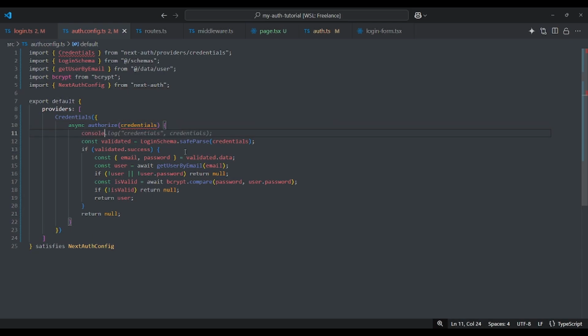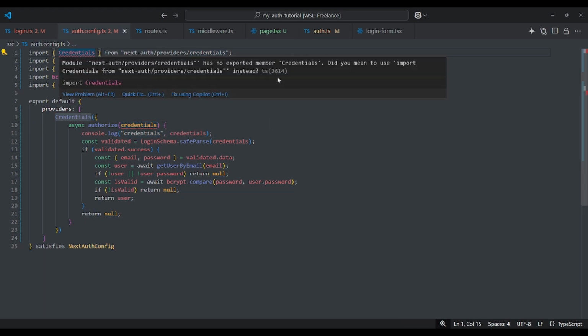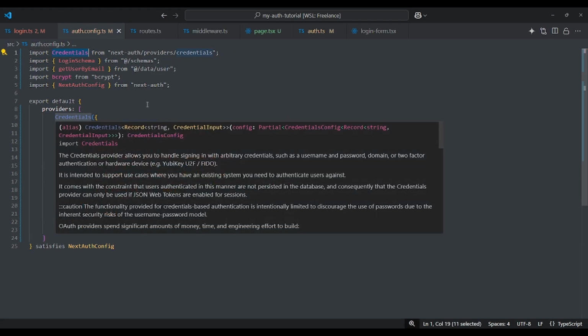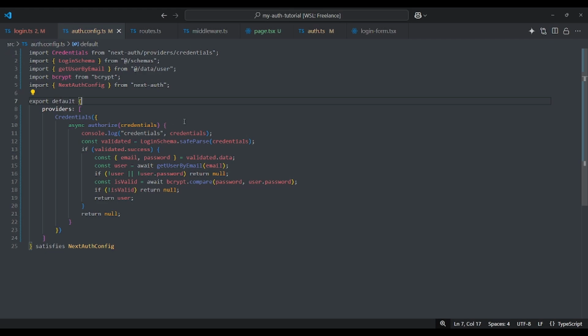Let's put here a console log so that we will know what type the credentials is. Has no exported member credentials. That is because it is not a named variable, it is a default. So there you go, most of the complaints are now gone, so we don't have to do this as well.